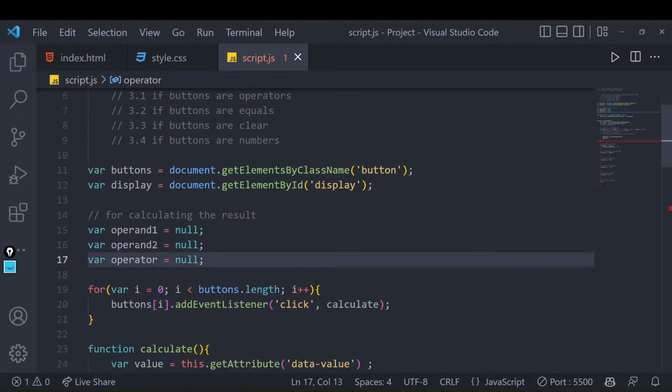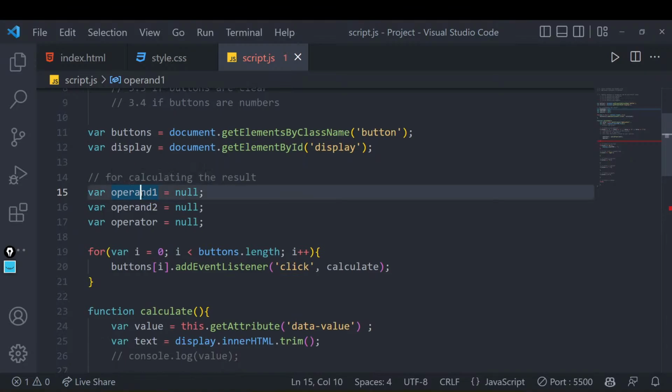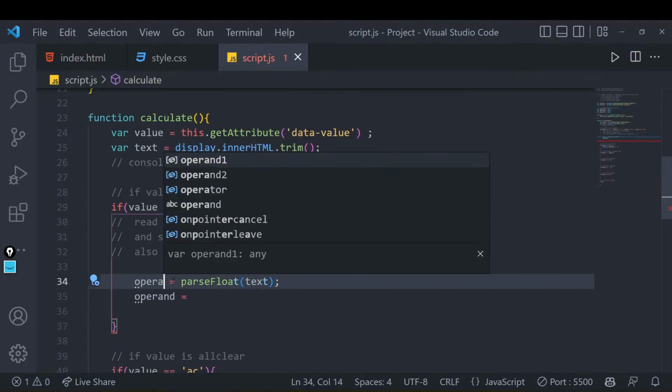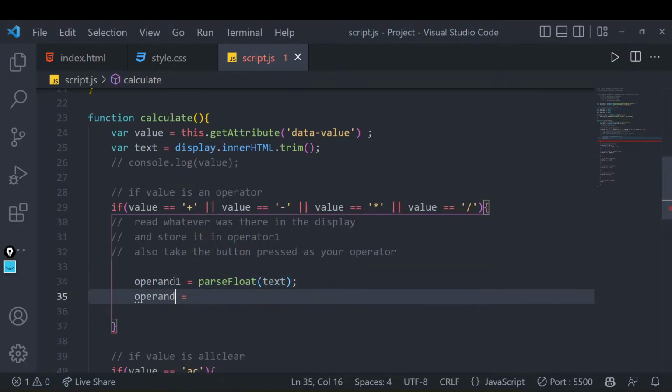See, I've given the wrong names because there was a grammatical error. It would not matter if I gave operator 1 or operator 2, this was a minute fault. I will say operand1 and I will write operator. You can still do it with that, there will not be any problem. And I want to give this a value. What is that value? Whatever we have pressed. If we have pressed plus, the operator will become plus. If we have pressed minus, the operator will become minus. If we have pressed star, the operator will become star. If we have pressed divide, it will contain divide. I hope this is clear to everyone.